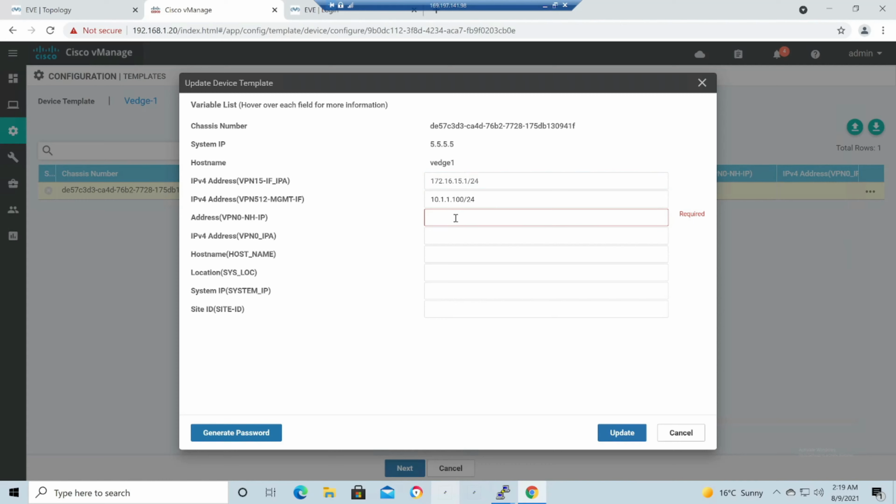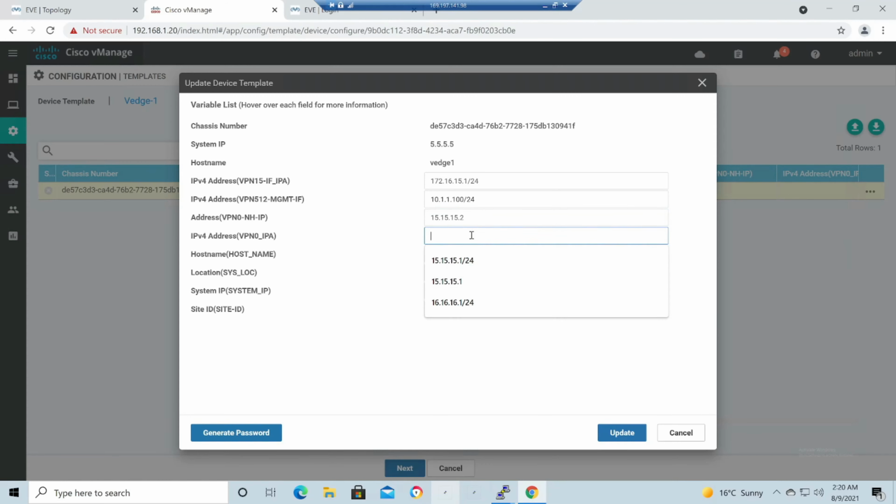VPN 0 IP address is my 15.15.15.1/24. And we can click on it to see that was for the next hop. So that's actually is going to be 15.15.15.2,